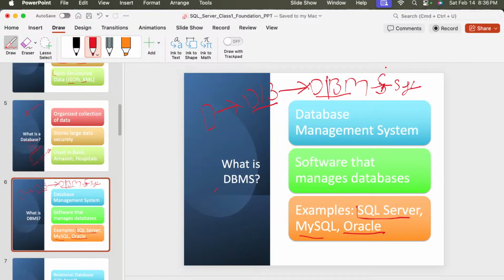DBMS से बात करने के लिए, ठीक है। तो इस तरीके से सिंपल तरीके से आप समझेंगे तो बहुत अच्छे से समझ में आएगा कि डेटाबेस क्या होगा, जहाँ पे हम डेटा को स्टोर करते हैं। DBMS क्या होगा, सॉफ्टवेयर दैट मैनेज दैट डेटा, राइट। सो डेटाबेस स्टोरेज एंड DBMS मैनेजर ऑफ दैट स्टोरेज, ठीक है। तो DBMS उस डेटाबेस को मैनेज करने के लिए यूज होता है, ठीक है।